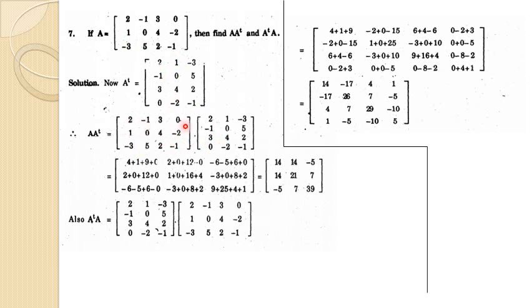Okay, first row first column, first row second column, first row third column, second row first column, second row second column, second row third column, third row first column, third row second column, third row third column. This is the whole story. And after simplification you have this matrix. Then for this purpose, first you take A transpose, this is the thing, A transpose, and then you multiply A transpose with A. Okay, so you can see that